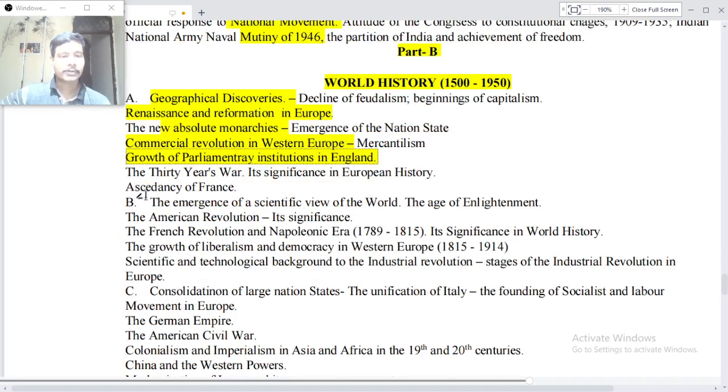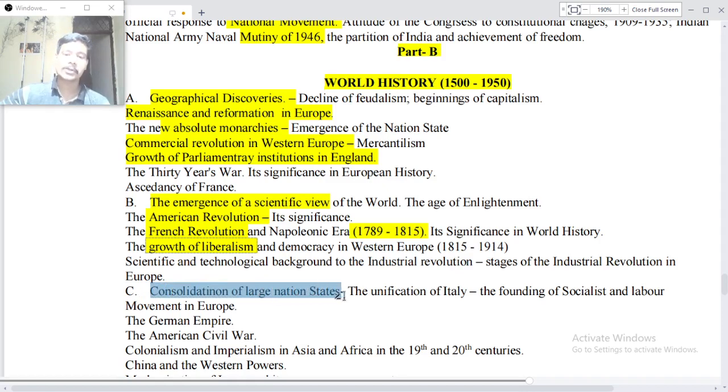Now, ascendancy of France, the emergence of the scientific view of the world, the age of enlightenment, the American Revolution, its significance, the French Revolution and Napoleonic era of 1789 to 1815, its significance in world history. The growth of liberalism and democracy in Western Europe, scientific and technological background to the Industrial Revolution, stages of the Industrial Revolution in Europe,